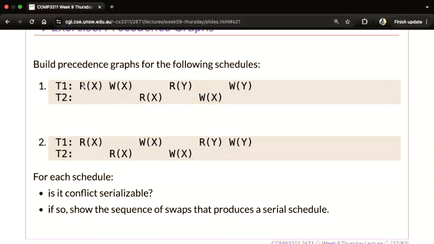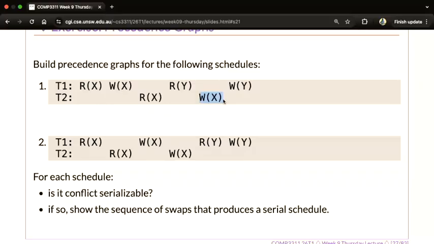They're conflicting operations, and conflict serializability says that for every pair of conflicting operations, we want to keep that order, which means that however you rearrange the schedules, we still want read X in T1 to precede write X in T2. So we want to preserve that precedence of conflicting operations. And how do we preserve that? So we want to make a